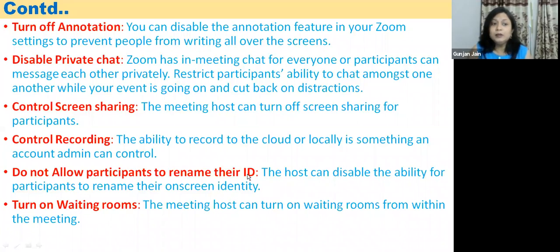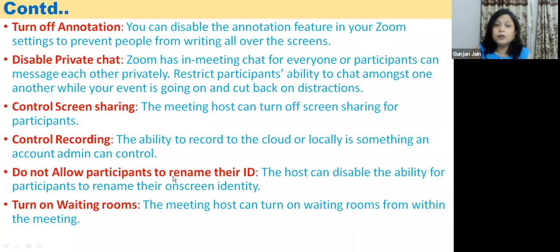So, I was telling you about screen sharing. Since I have shared the screen and people start to annotate, that also can be controlled. Then screen sharing can also be controlled. If you want your students to share something, like you have given an assignment to make a PPT on some particular topic, and you want to see their PPTs one by one, you can give them control to share the screen. But in any case, you don't have to make them host.